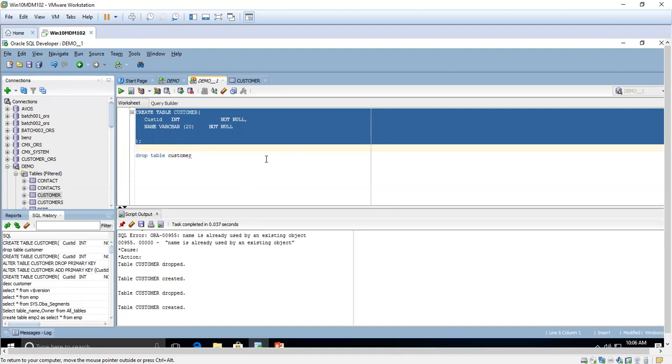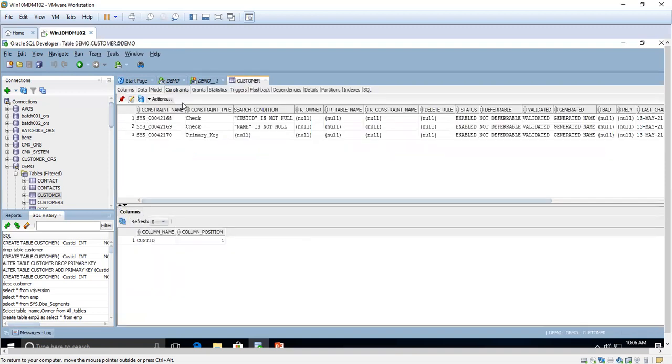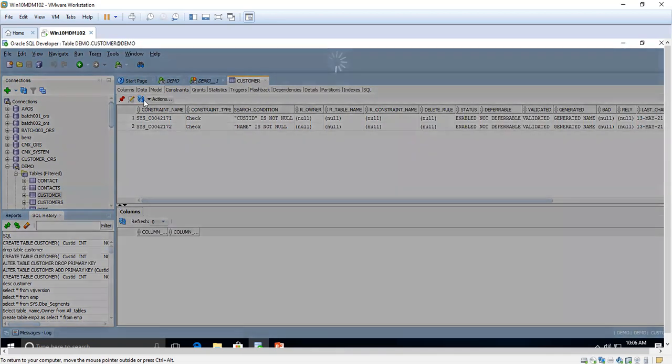Now we have created a table without primary key. Now I am going to use the alter statement to create the primary key. Here I am again checking it.